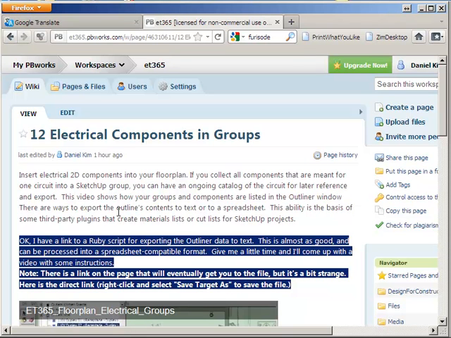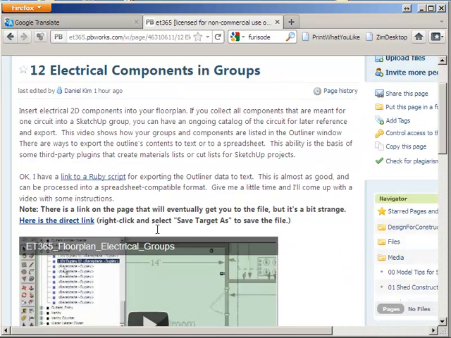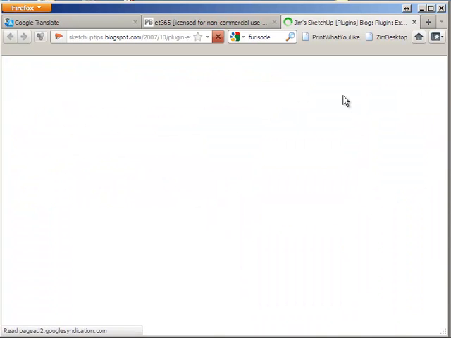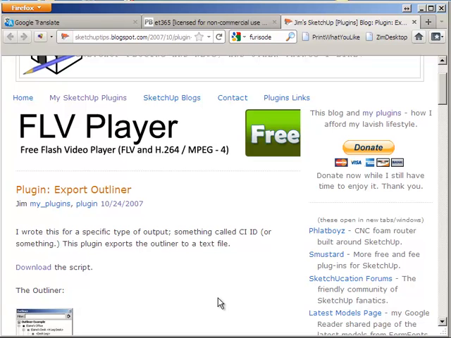Alright, so in the page where I describe making groups of electrical components in your floor plan, I've now added a link to a script. It's a plugin for exporting the contents of your outliner data. If we click on here, it will take you to Jim's SketchUp Plugins blog, which is a really nice source for plugins. Plugins are used to extend functions within SketchUp,